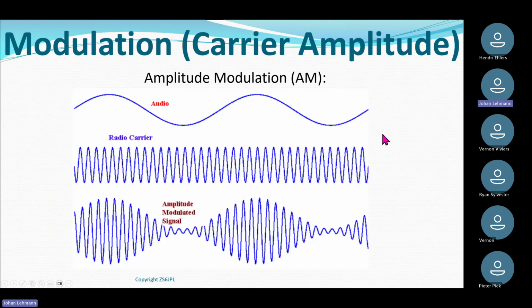Next one, I'm going to change the amplitude of my carrier, called amplitude modulation, like falling off a chair. So what I do, I've got a carrier signal, and I've got, let's say, audio, my voice, and I transfer or encode my voice onto the carrier by changing the amplitude of the carrier. So if you look at this, you'll see this variation in amplitude of my carrier is directly in line with my audio signal.